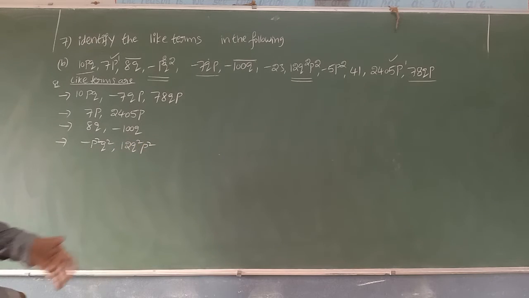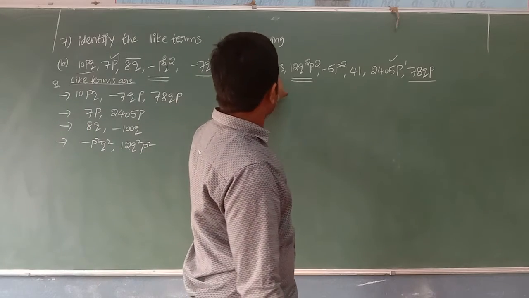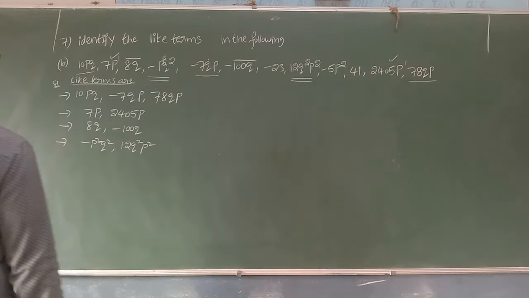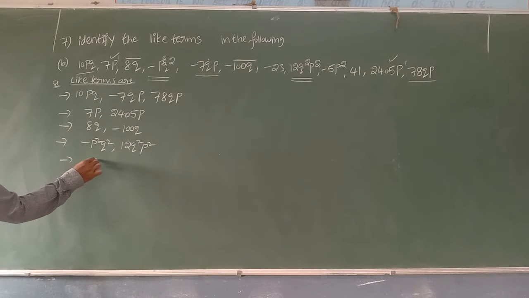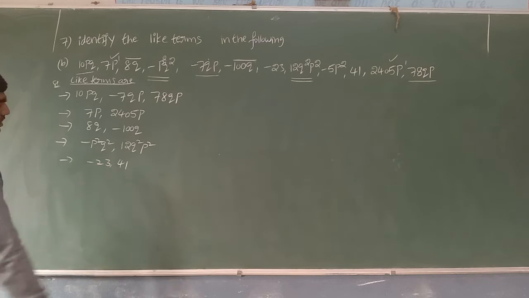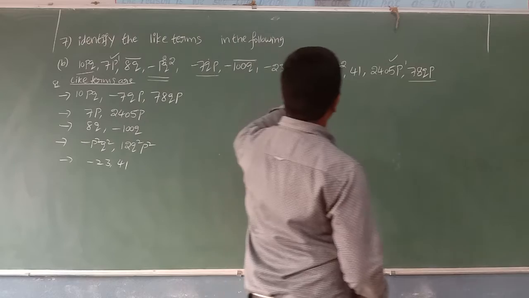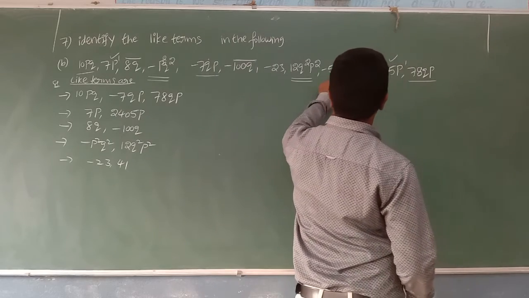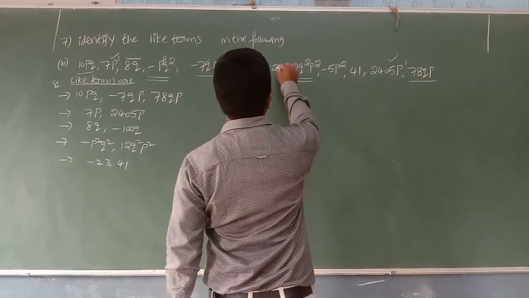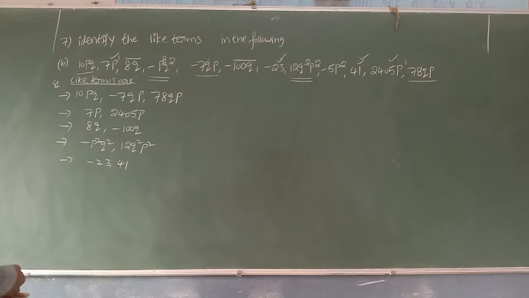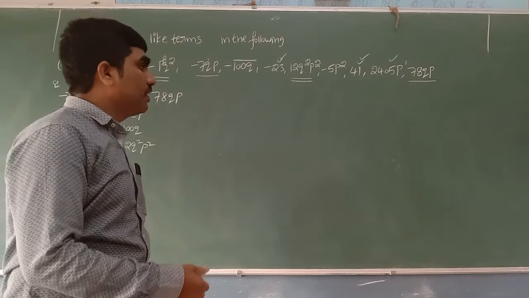More any like terms, beta? First we will see leftover terms. Minus 23 comma 41. Sir, minus 23 comma 41 also like terms. Constants together we can write, beta. All the constants are like terms. Next, leftover terms. Here only one term left, which is minus 5p square. These two also finished now. Minus 5p square is leftover term. So there is no like term. There is no term with minus 5 in p power 2. There is no p power 2 term here. So these are called like term groups.